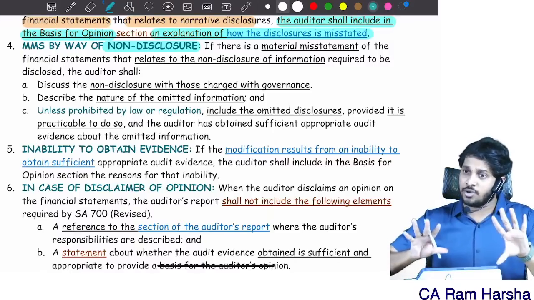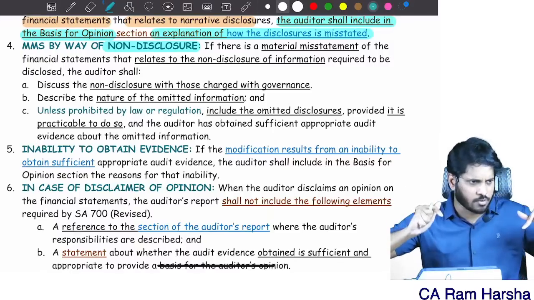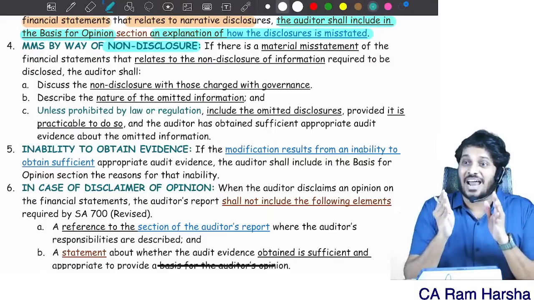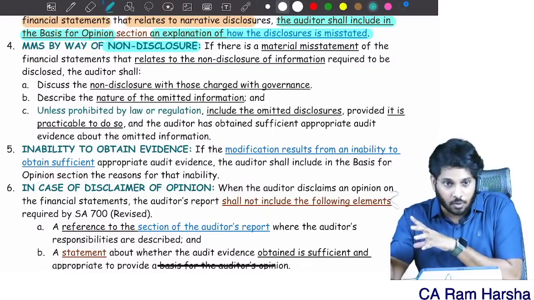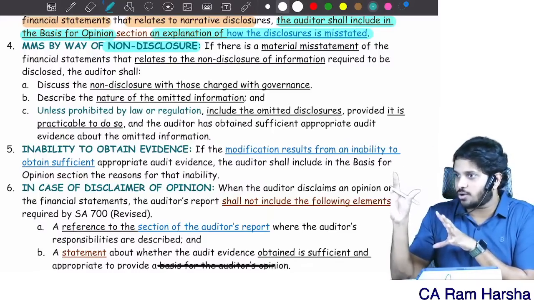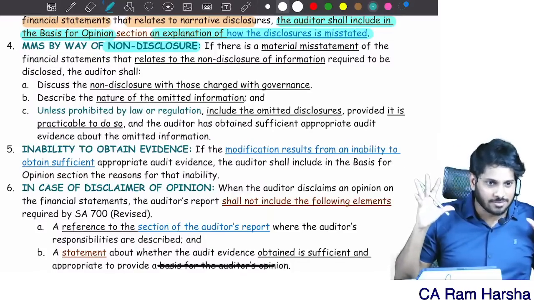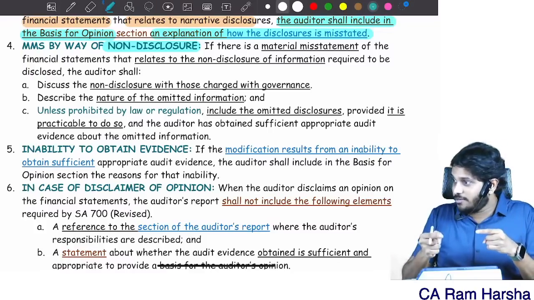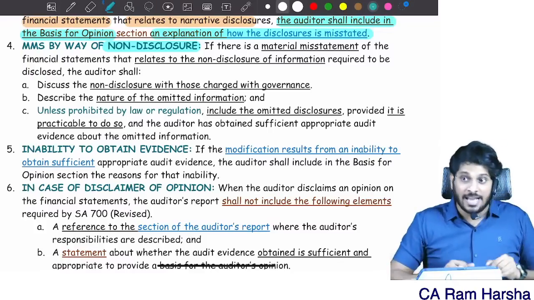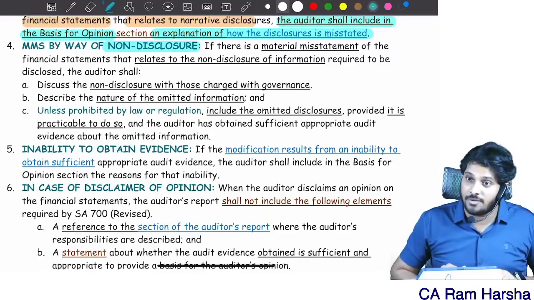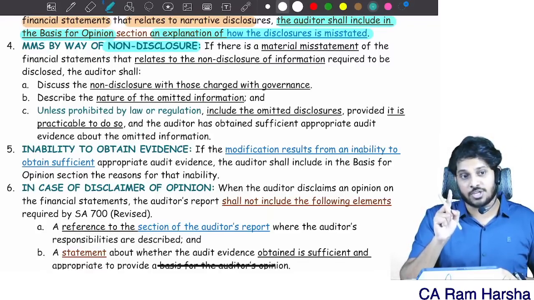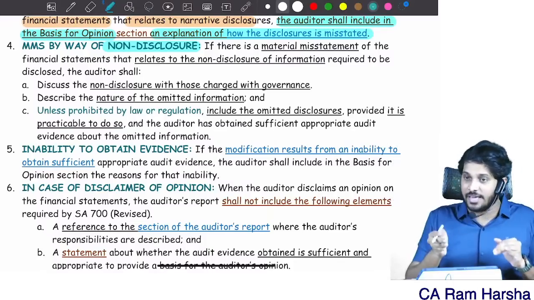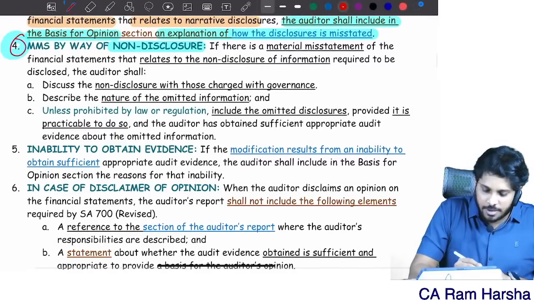Now, I decided to give an adverse opinion or qualified opinion, whatever it is. In the basis for qualified opinion, basis for adverse opinion, I should talk about the non-disclosure, right? If practicable, whatever they omitted, whatever they didn't disclose in the notes to accounts, entirely you disclose it here in the audit report. Where should you disclose? Basis for qualified opinion, basis for adverse opinion. Can I disclose it under the emphasis of matter paragraph? Emphasis of matter paragraph is not a substitute for disclosure in financial statements. You might have heard it. So you disclose it in this one. Any of this itself can be asked as a 3 marks question.